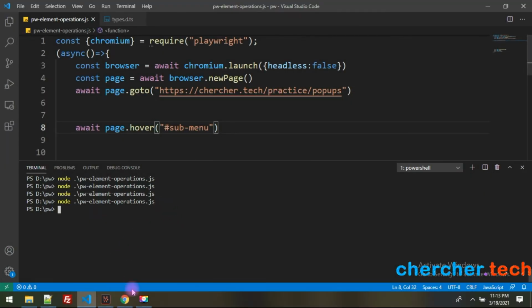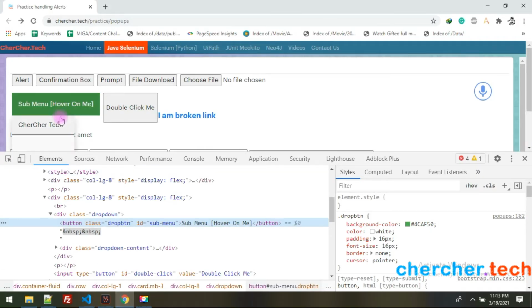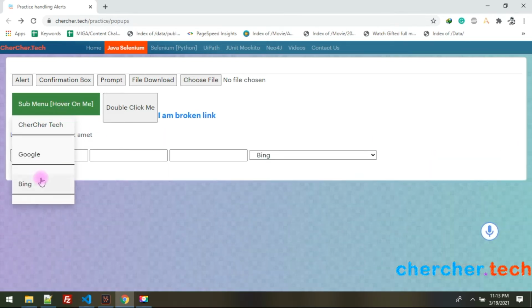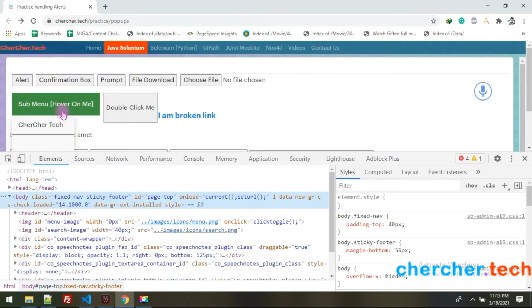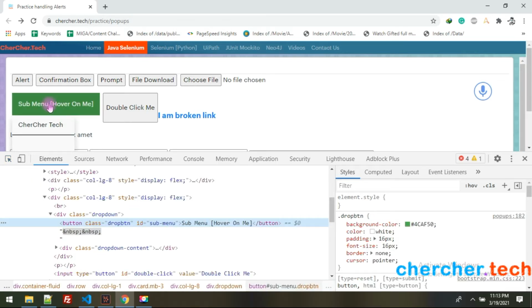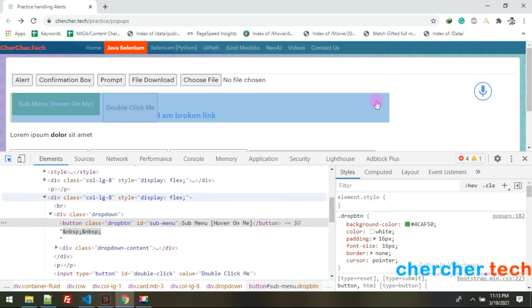Normally we will not end just with the submenu, we have to use some of the options in the submenu. That's why we always need this particular submenu. So once we hover it, we have to click here. So we have to inspect this one as well. But how do we do it? For example, the moment I try to click somewhere here, it will go away. Again it will come once I hover. So the moment you click somewhere, it will go away. So how do you handle this situation?